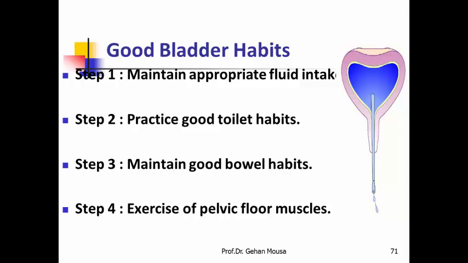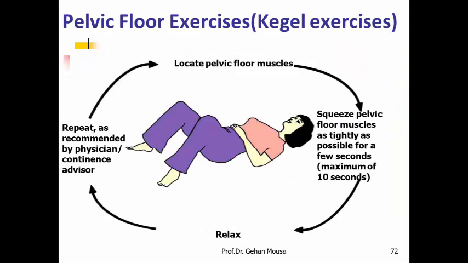Exercising for pelvic floor muscles. All of us know well the pelvic floor exercises, which are named Kegel exercises. The patient is lying in crook lying. Allow the patient firstly to relax by deep inspiration, isometric exercises generally, and deep breathing. Then ask the patient to squeeze pelvic floor muscles. Help him by asking her to squeeze muscles around the anus,